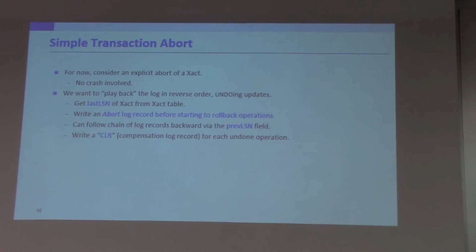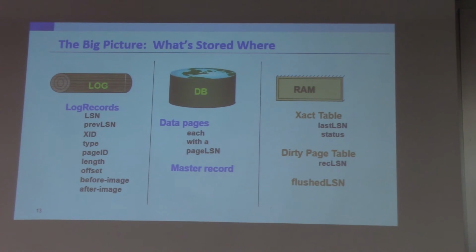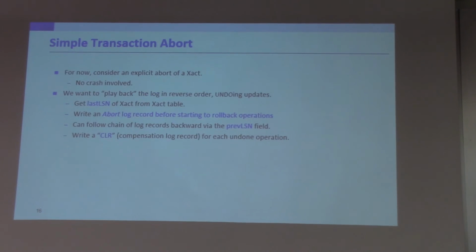and then you trace back the log. Remember, the log record has this thing called previous LSN, the previous log record for the same transaction. So imagine you start with the last LSN, you undo that, then you use the previous LSN to figure out what's the next action to undo. You trace all the way back. That's it. The only tricky thing is, while you are doing undo, you need to write a particular log record called CLR,